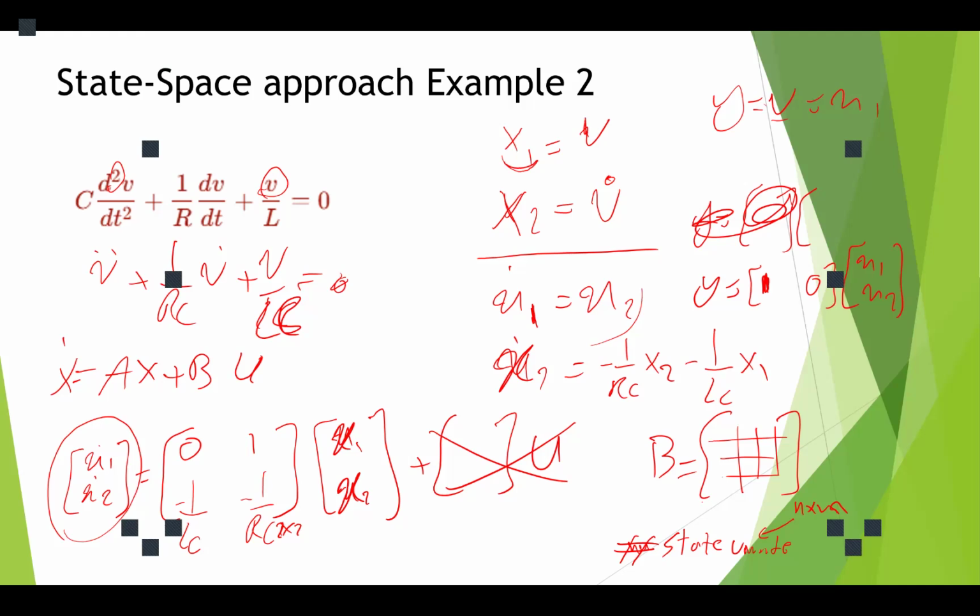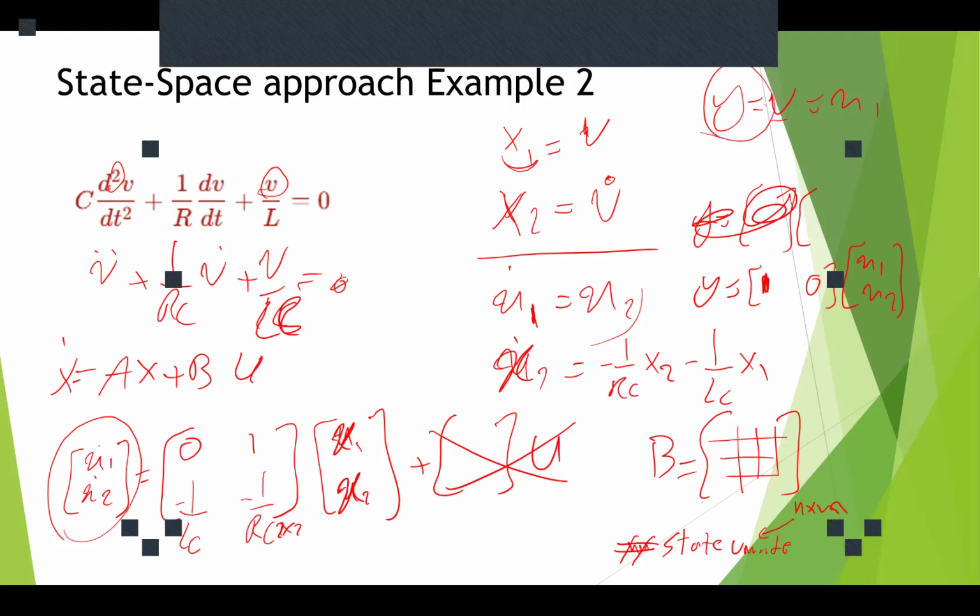For C? For B. Oh, I was asking for C. C is the number of outputs that you want. So far we only have one output, but you might have a vector of outputs, so y as a vector from y1 all the way to yn. Now you have n equations, so C wants to describe these n equations